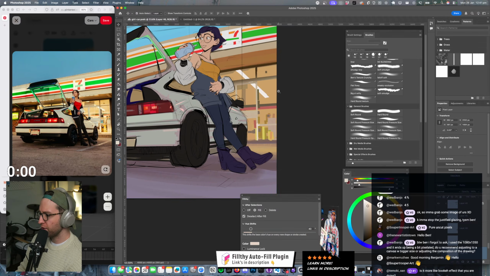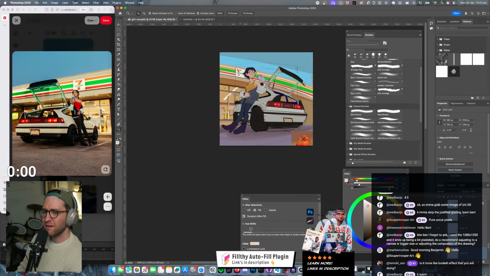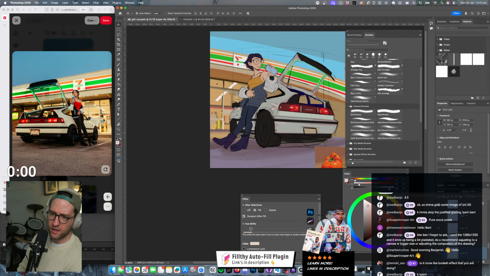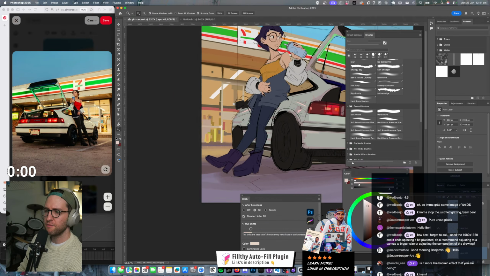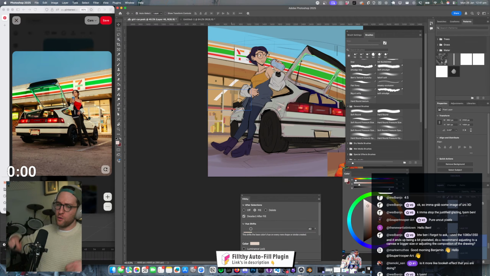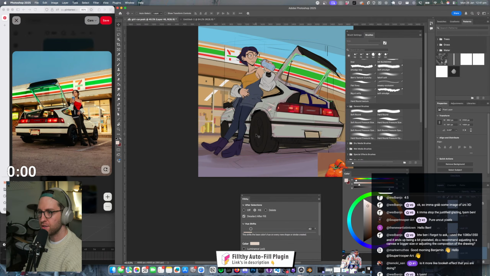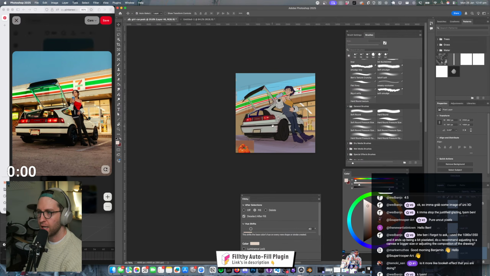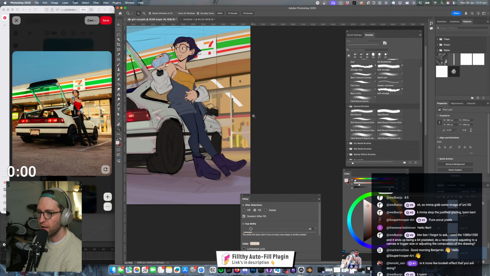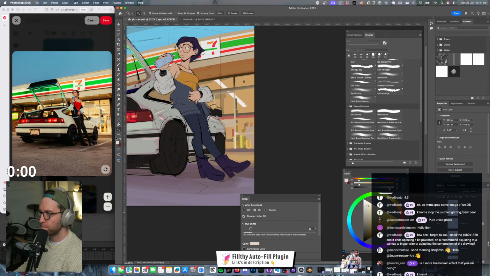Is it more like a bokeh effect that you're doing? Kind of. I mean, if you look in the background here, these guys are pretty blurry. So I'm just trying to have less detail in the background. I still want to get the impression, but it's just going to be a lot less detail.